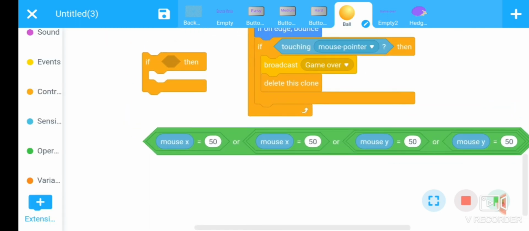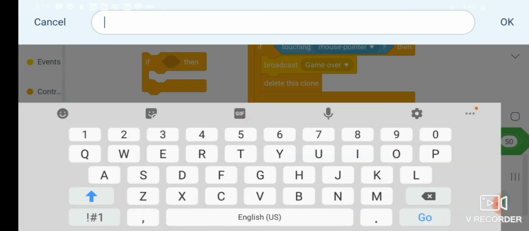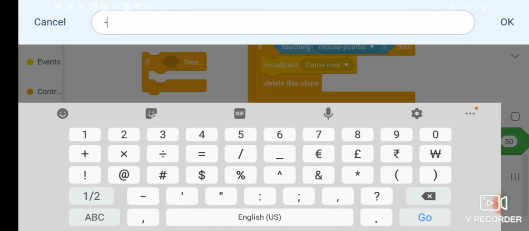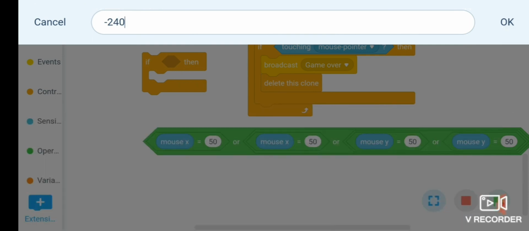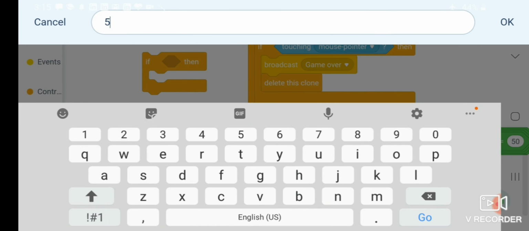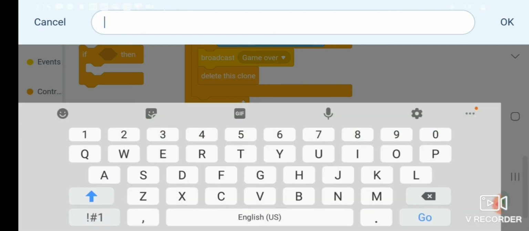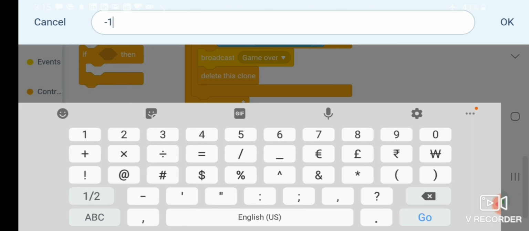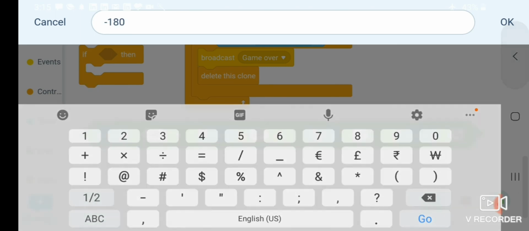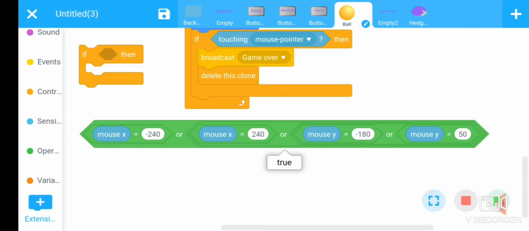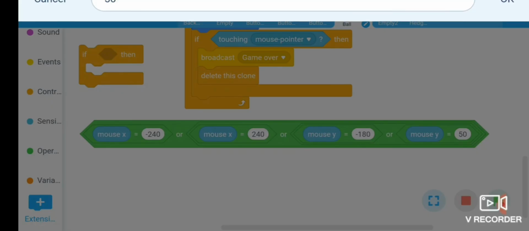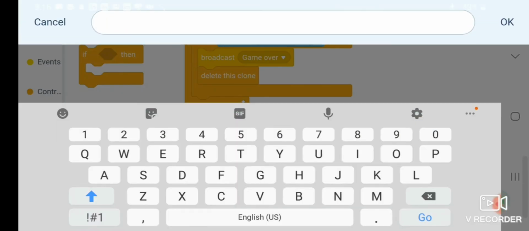Fine. The value of x has a left hand limit of minus 240 and a right hand limit of plus 240. The down limit is minus 180 and the up limit is plus 180.